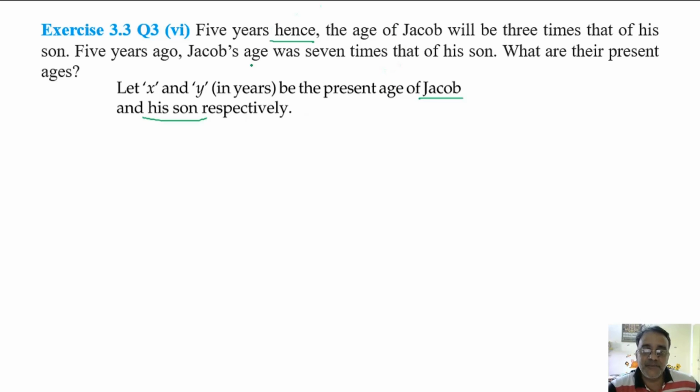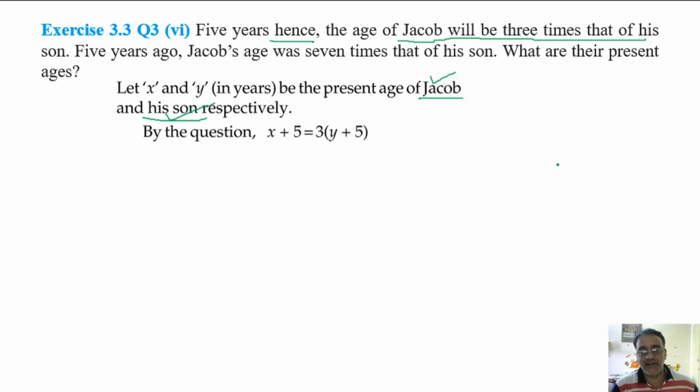So 5 years before, पिछले क्वेश्चन में एक ईयर यहाँ पे वहाँ पे मेंशन था. So this is the shortcut way to write the answer directly. What is the age of Jacob 5 years hence? बाद में. X plus 5. Right. What is the age of his son? Y plus 5. And the condition given is that the age of Jacob is 3 times the age of his son. मतलब x plus 5 is equal to 3 times y plus 5. You can write directly according to the question, or according to the statement. Is this way of writing it clear?